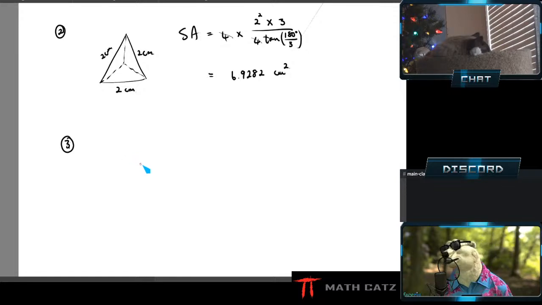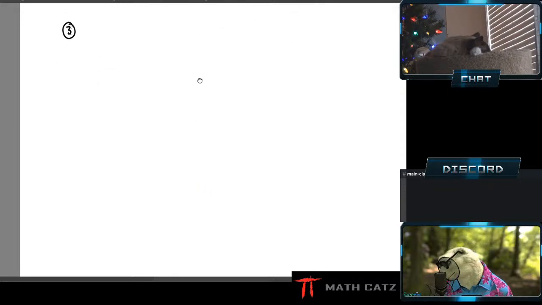Number 3, octahedron with side length 1. Let's call it centimeters, 1 centimeter. Octahedron is my favorite to draw, I think. I have a little flat square as a cross section, angled, but I'm going to go with it. Then I put a vertex at the top, a vertex at the bottom, and connect all 4 vertices of that cross section square